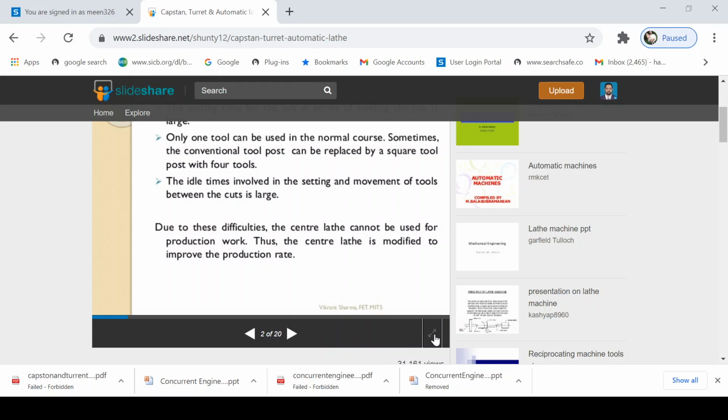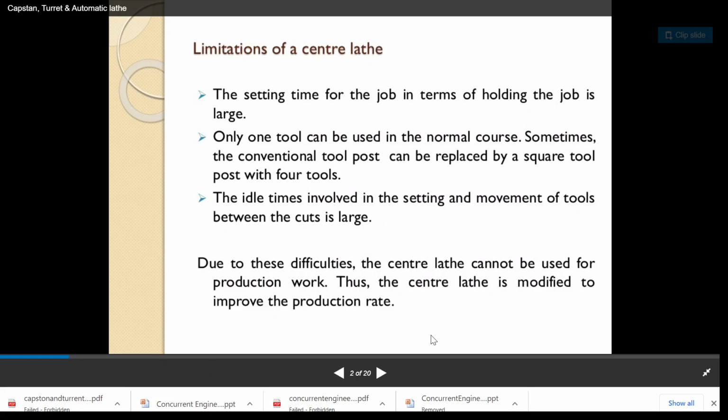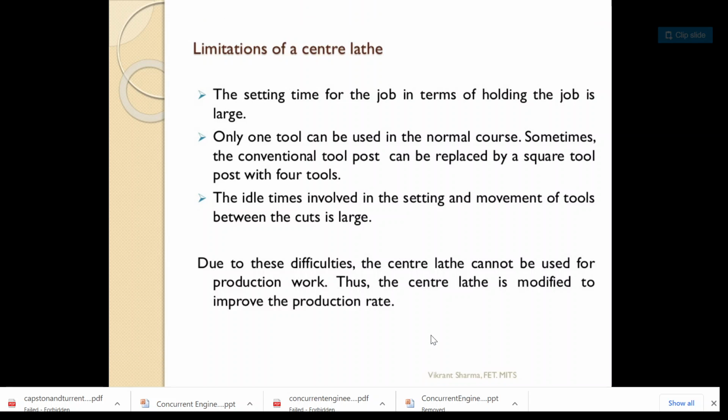My dear students, in this video, two different types of machine tools, that is automatic and semi-automatic lathe, are explained. So before starting this explanation, I'd like to explain why we want to go for a semi-automatic or automatic machine